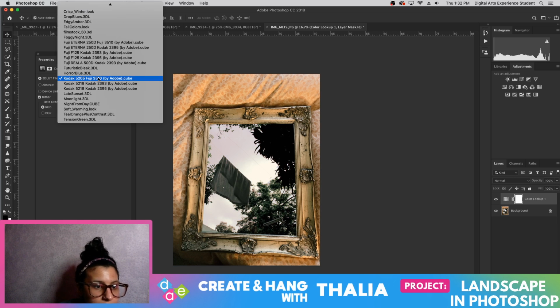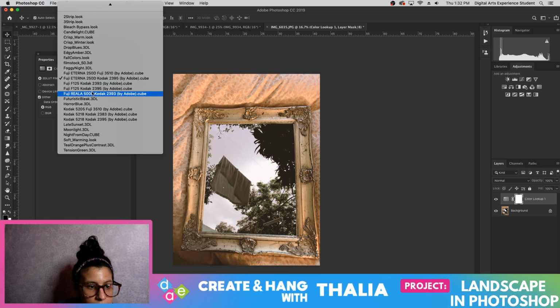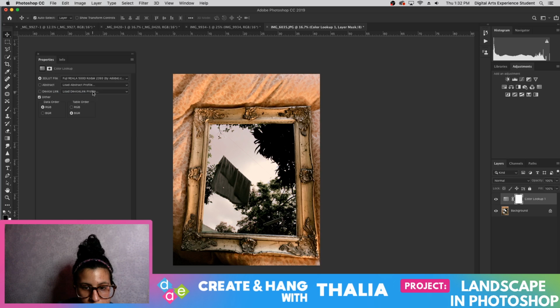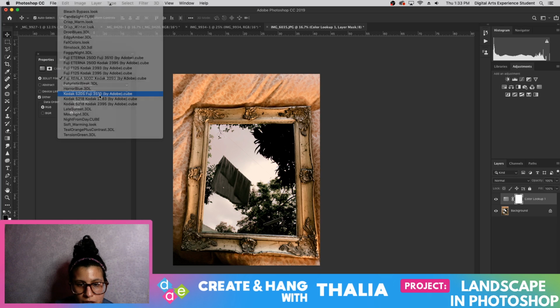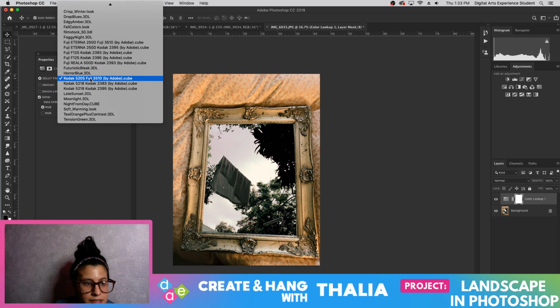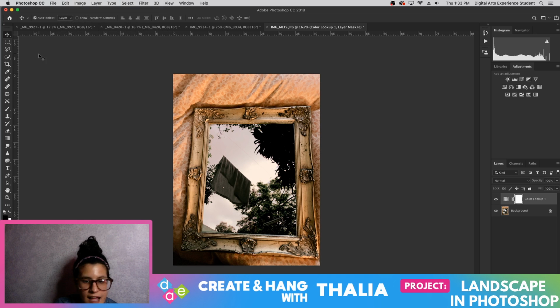That's the Kodak Fuji one. So it's between that one or, oh yeah, I like this one. Perfect. Now go ahead and add